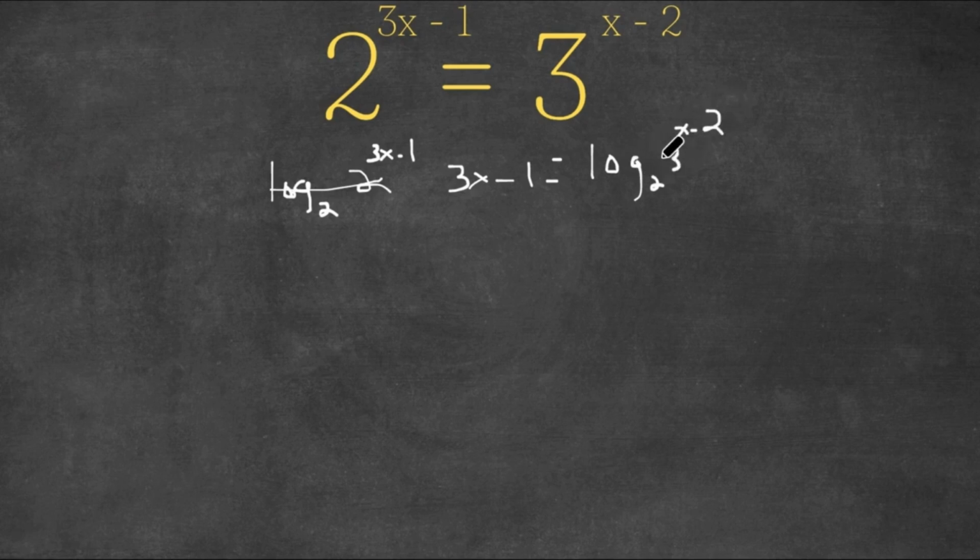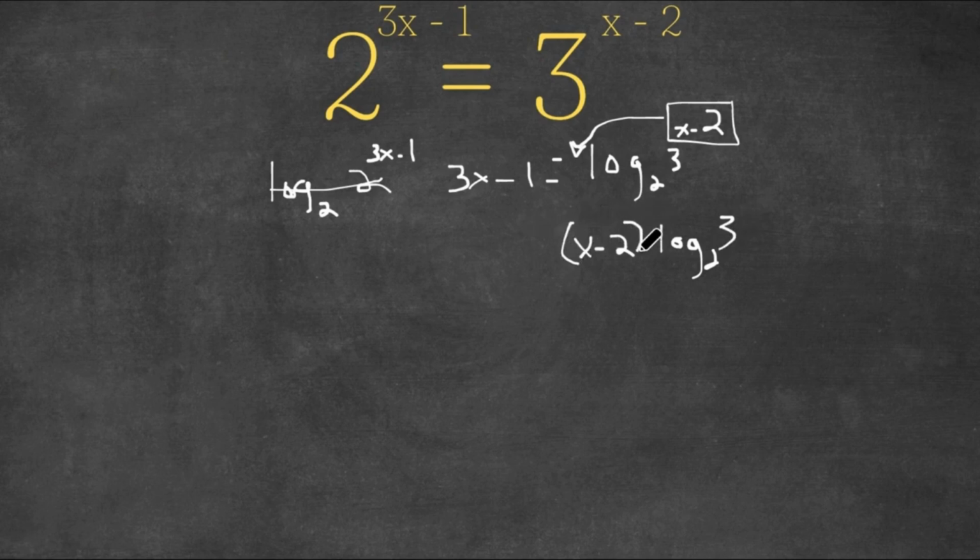All right, so now we're going to use an important property of logarithms, and that is the power property. And that states that if we have a power here, we could go ahead and move this in front of the logarithm. So this would be x minus 2 times log subscript 2 of 3. And I'm going to put parentheses over here. This is an important property of logarithms, and this still equals 3x